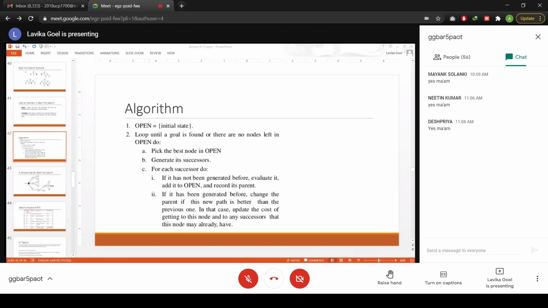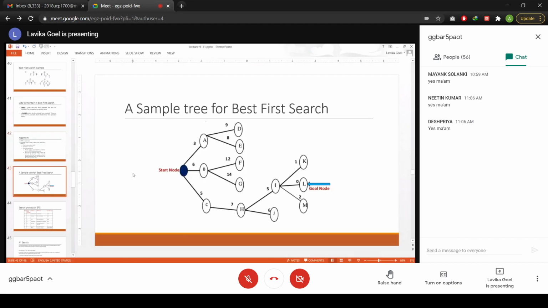Okay, fine. So now let us see one example of best first search. This is one other example of the best first search algorithm. So we will just use the concepts here also. In the best first search algorithm, suppose we are starting with a starting node. So we'll try to implement best first search for reaching this goal state L, right?